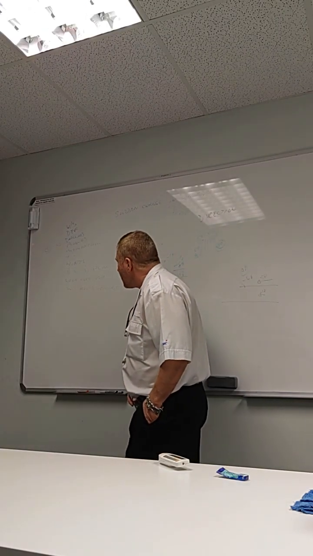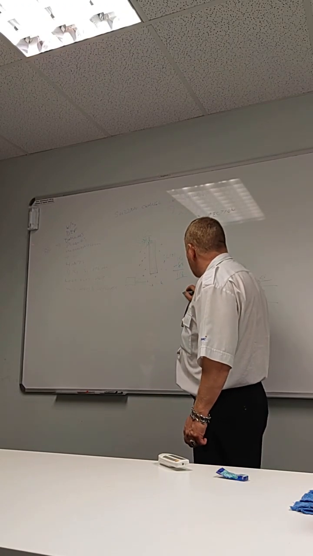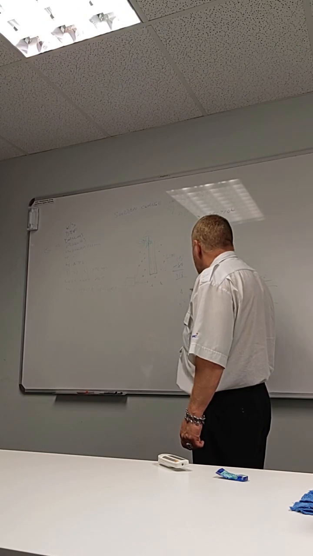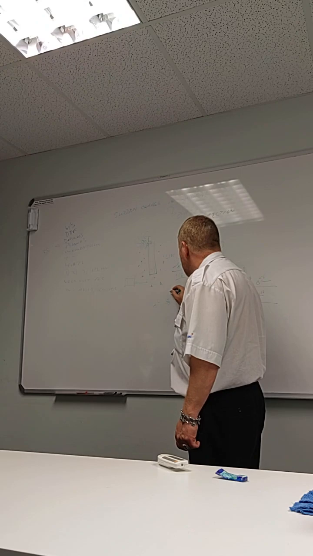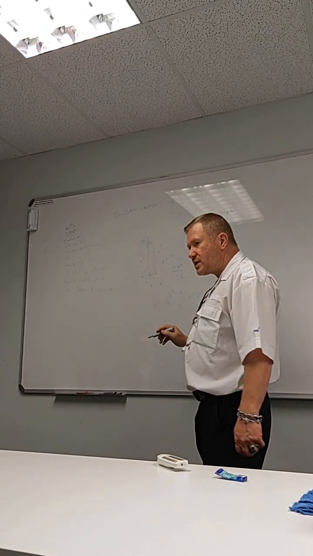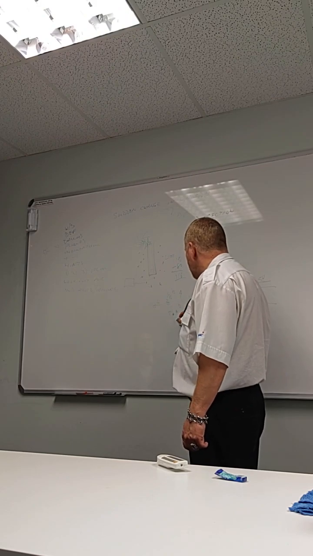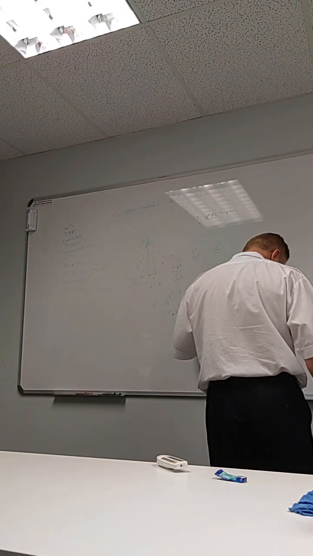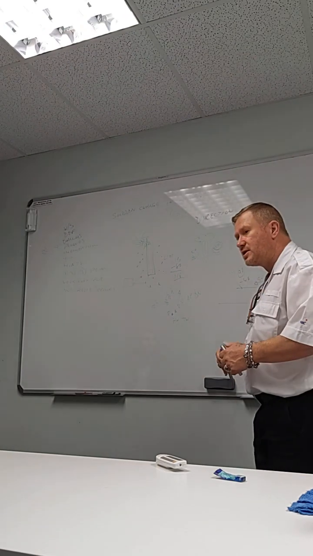Now, the planes of Windshear that can take place are the vertical plane, which is up and down drafts. The lateral plane, which is crosswinds, so left and right. But the worst one is the fore-aft axis, which is headwind, tailwind. That's the worst one, because the headwind, tailwind situation affects your airspeed. It screws with the airspeed. If you've got crosswinds, it doesn't screw with the airspeed that much.